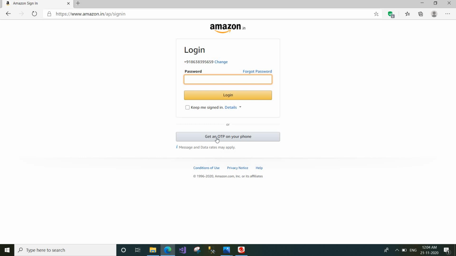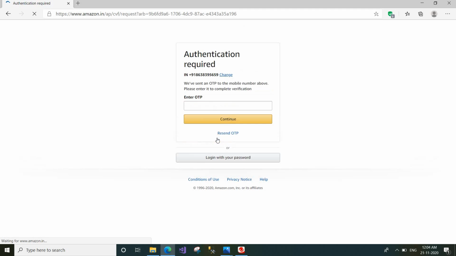Get OTP on your phone. Suppose you don't remember your password, you just click get an OTP on your phone, and the OTP will be received on your mobile number. You have to give the 6 digits and just click continue. This way also you can log in.